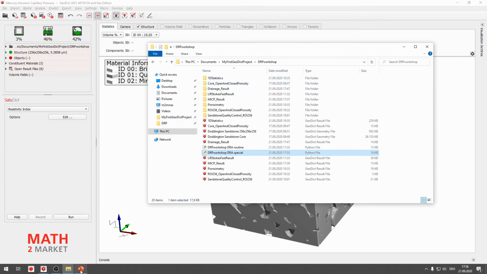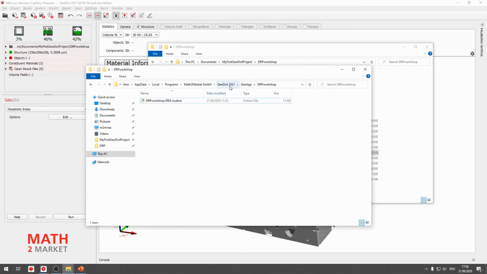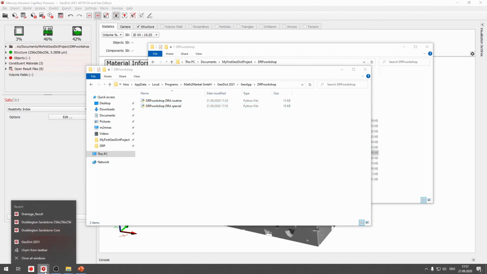Now we have to change to our installation directory, Geodict 2021, therein the GeoApp folder, and therein the DRP workshop folder that we've created in the previous workshop part. And here we want to paste our special workshop macro. So basically that's it. We can check it by opening a new Geodict.